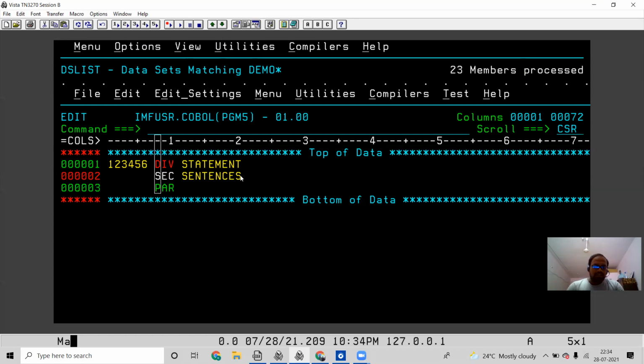It should start at the 8th position. It can end anywhere. It can end at the 20th position, because the identification division is there. If you count the letters of the identification division, it will exceed nearly 15, so it may come up to here also.